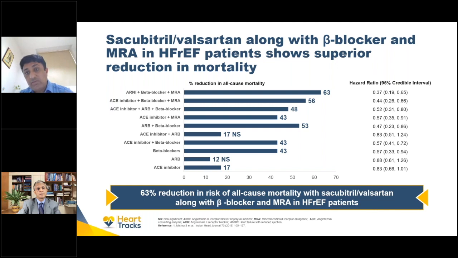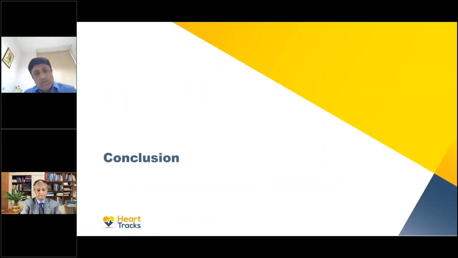the benefit is around 7 to 8% of mortality benefit when we give it to the patients. So it should always be tried, and the patient should be convinced that if possible, he should take ARNIs along with the other guideline directed therapies. So in conclusion,